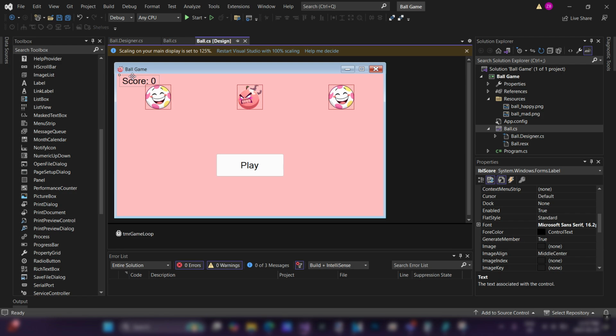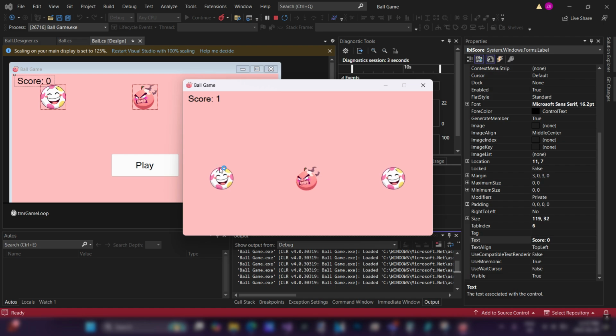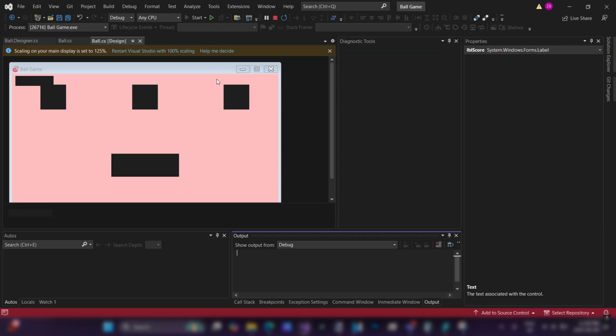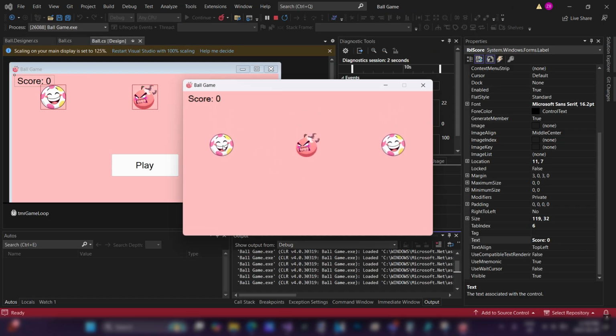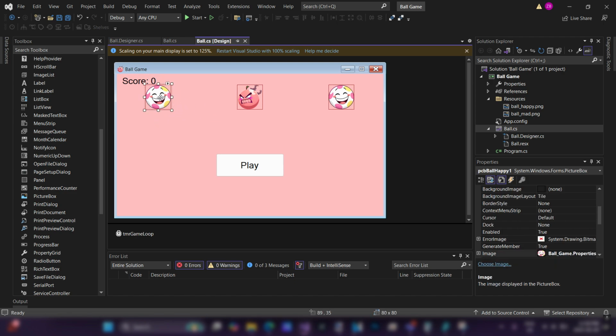Now, the second thing we should cover in this video is the ball is not supposed to just keep falling. It's supposed to shoot back up when I click on it, right? So right now the ball is just continuously falling, but if I click on it, boom, I want it to shoot back up. So that sounds like we're going to have to change the position of this ball again. We're going to have to change the position of this picture box. Now,